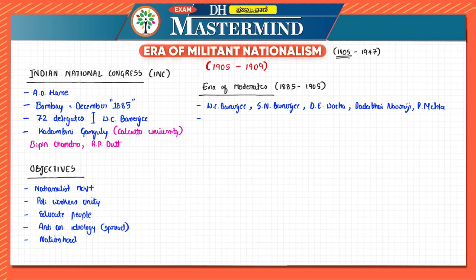Now, what was the intention of the moderates? What was the working philosophy of the moderates? They had two methods of working, very, very important for us. Now what was the first method? In order to create public opinion. Now what is that public opinion? That is, the public should be aware and conscious, should be educated about what the British is doing, should unite together, and should also have proper political questions.